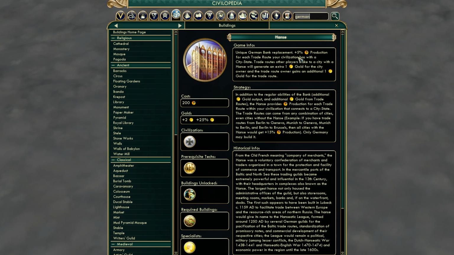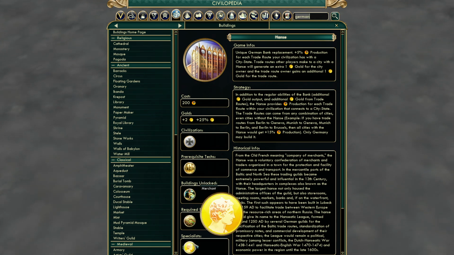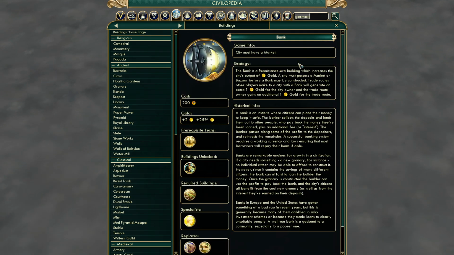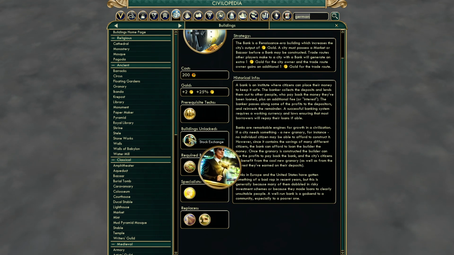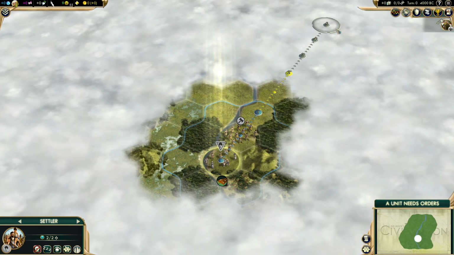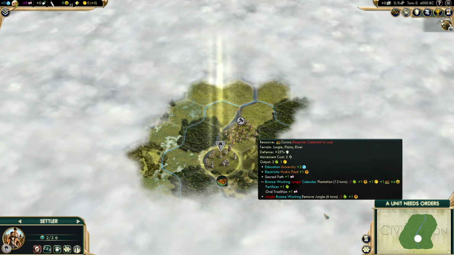This replaces the bank, which, hold on, the base bank ability, there it is, replaces the bank. So it gives you some extra gold, which is quite nice, but is this back? It is back, good. But the Hansa also gives us production boosts for each trader our civilization has with a city-state, which is kind of interesting. All right, in terms of where we're going to start here, let me temporarily...